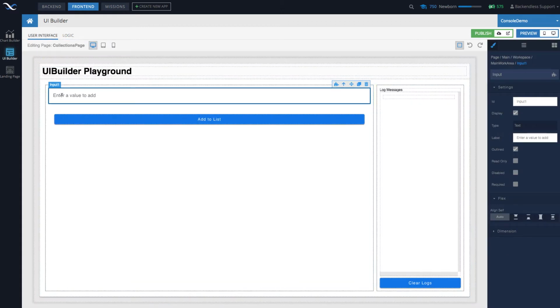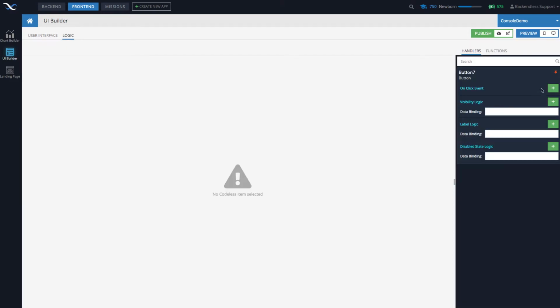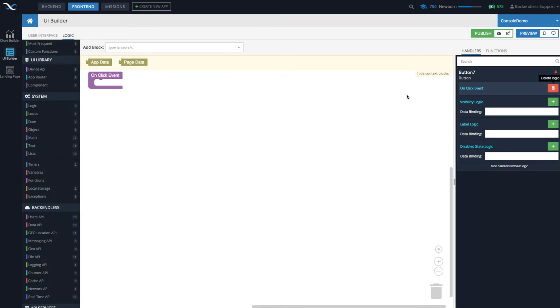So anytime user enters a value into the input component, it will be automatically replicated in the data model in the property named item. Click the button and go to the logic for that button. And in here we have the click event, which is where we'll be adding the logic of adding values to our list. Okay, so now we are in codeless logic, and let's explore just some of the functionality that exists